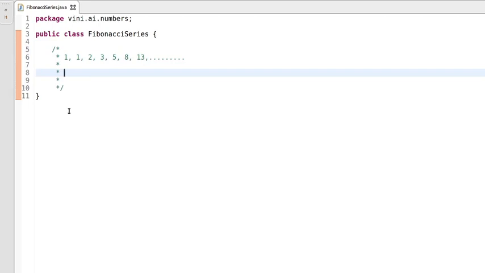We will be using three variables of integer type: the first one will be previous, the second one will be next, and the third one will be Fibonacci. The Fibonacci value we will extract from the previous and next values, so it will be the sum of previous and next.